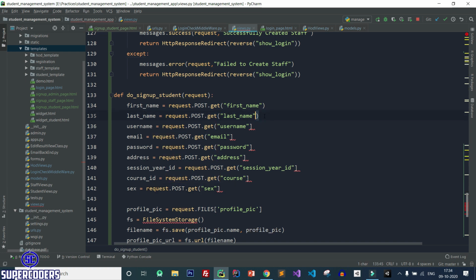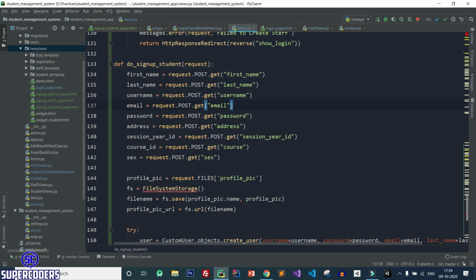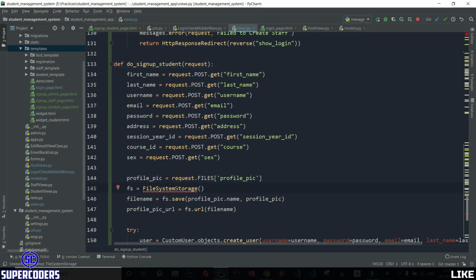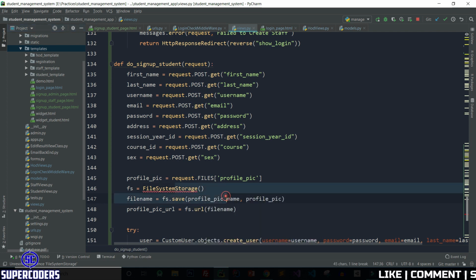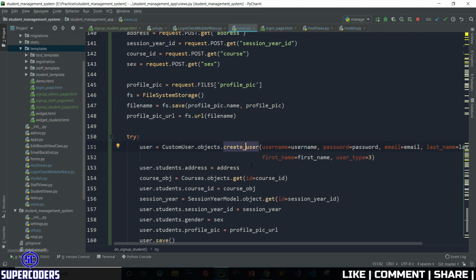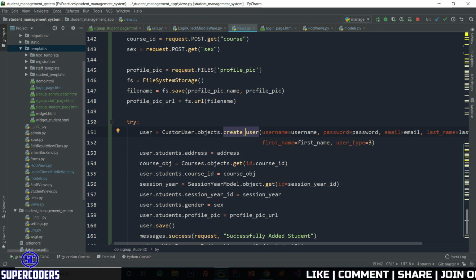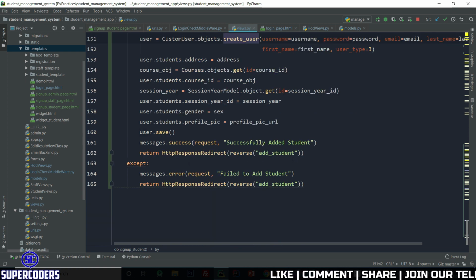Again selecting multiple. After that let's import file system storage. So click add plus enter and import file system storage. After that everything is perfect, so save it and let's check it's working or not.